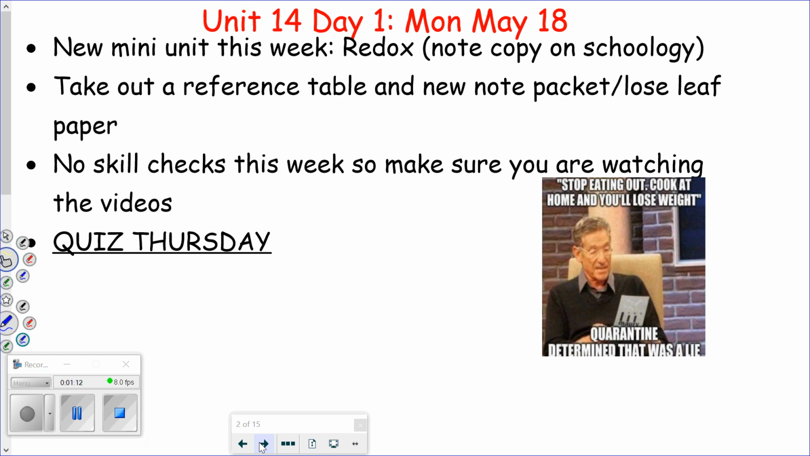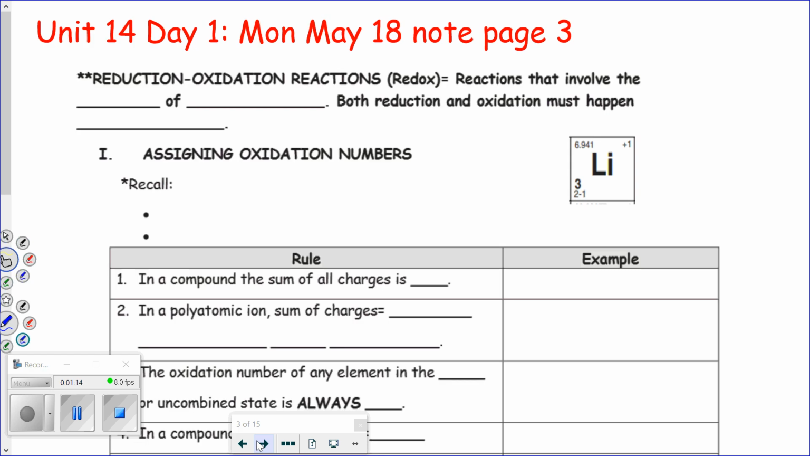All right, so today we're going to do page 3 of your notes, which talks about oxidation numbers. And as I said, this whole unit is called redox. Now, what does redox mean? Well, tomorrow and the day after, we'll get a little bit more in depth with what that actually means. But redox reactions, which is short for reduction oxidation reactions, are reactions that involve the transfer